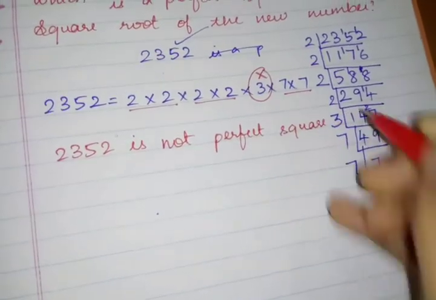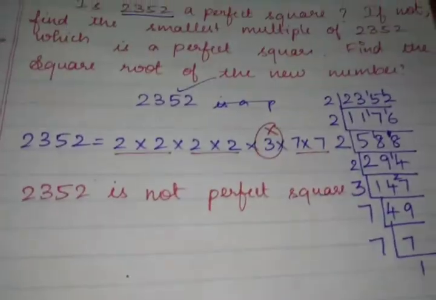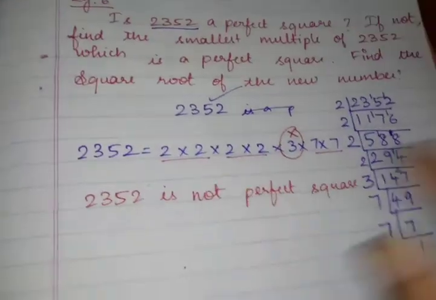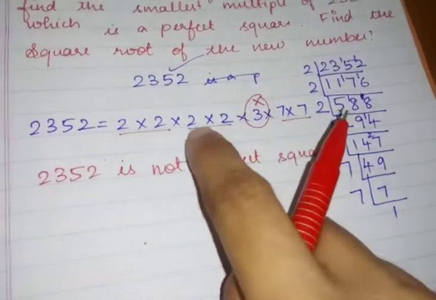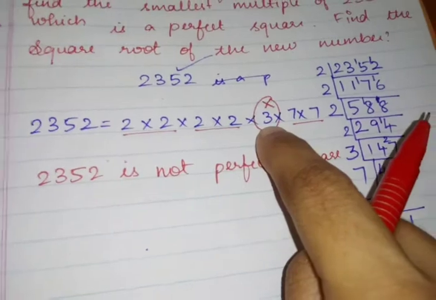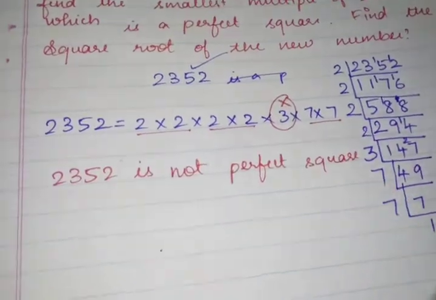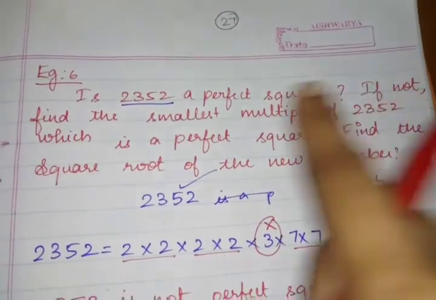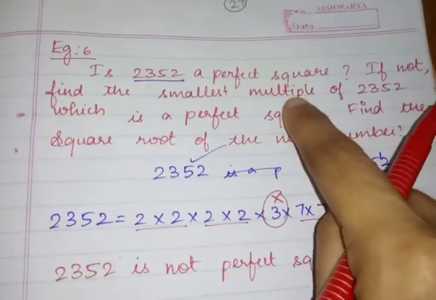Okay, we can say that 2352 is not a perfect square. Listen, children, why am I saying it is not a perfect square? Because see, these two are paired, but 3 is not paired. So we can say that this number is not a perfect square. Then they said, if this is not a perfect square, find the smallest multiple of